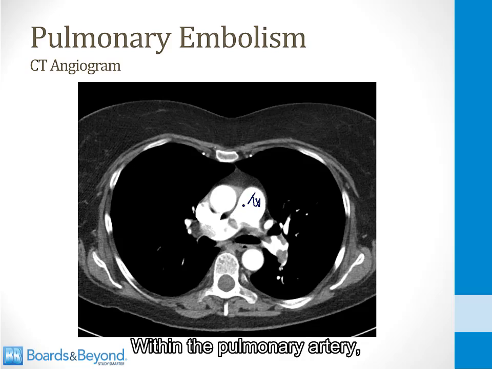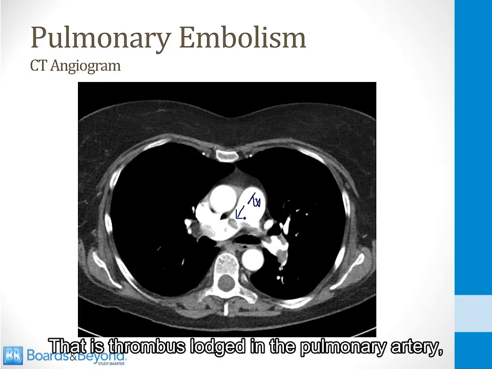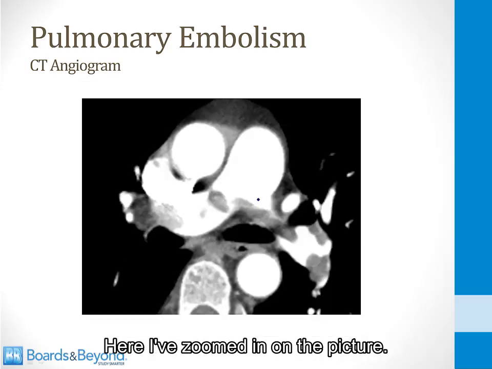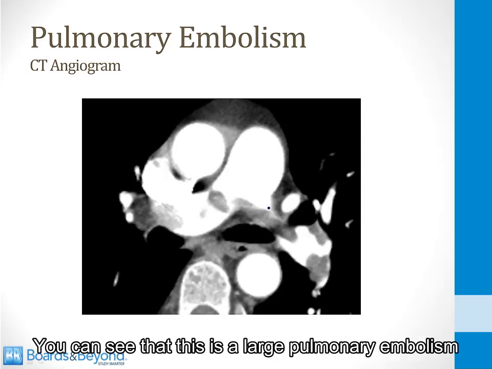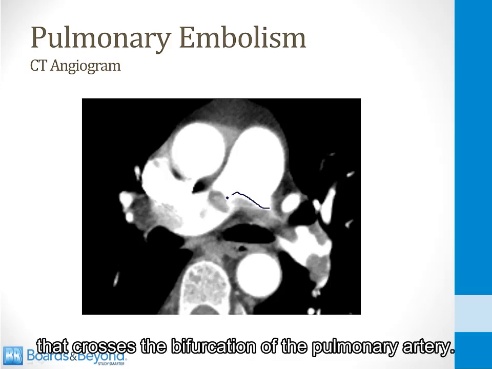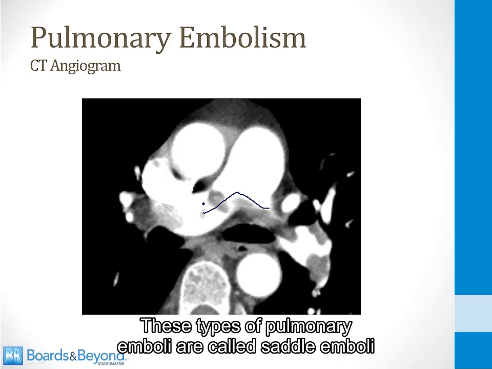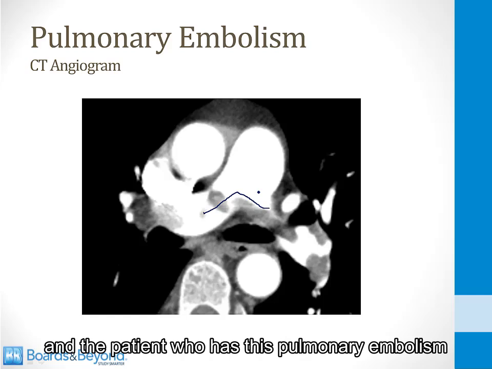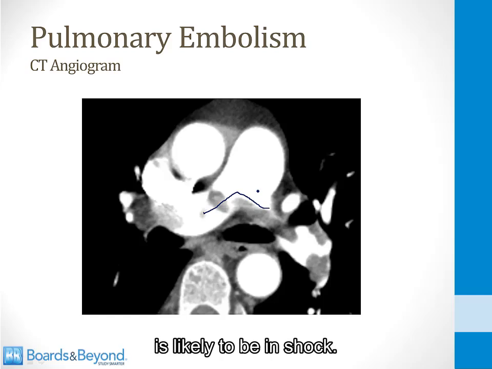Within the pulmonary artery, you can see these dark spots right here. That is thrombus lodged in the pulmonary artery, and that is evidence of a pulmonary embolism. Here I've zoomed in on the picture. You can see that this is a large pulmonary embolism that crosses the bifurcation of the pulmonary artery. These types of pulmonary emboli are called saddle emboli because they sit like a saddle across the bifurcation of the pulmonary artery. This is a life-threatening condition, and the patient who has this pulmonary embolism is likely to be in